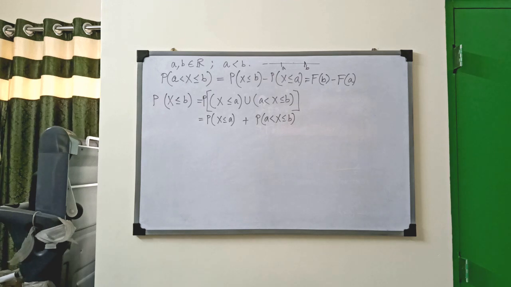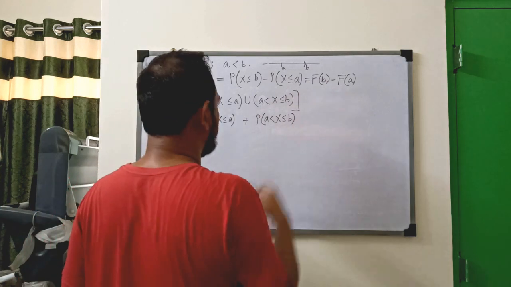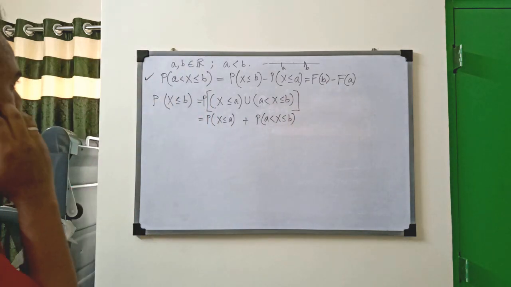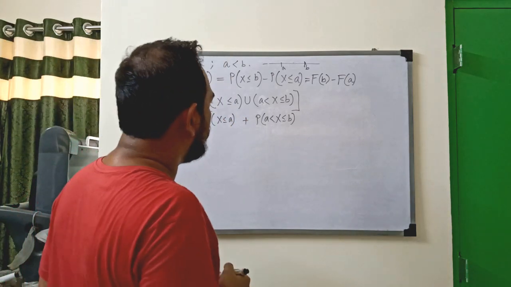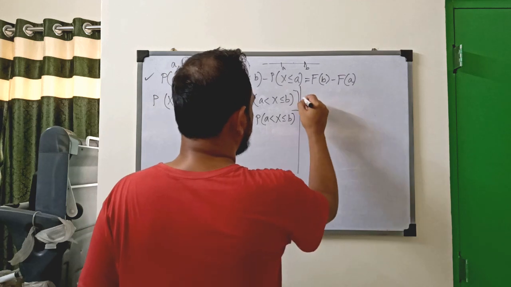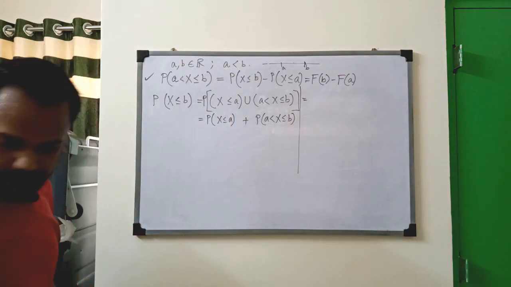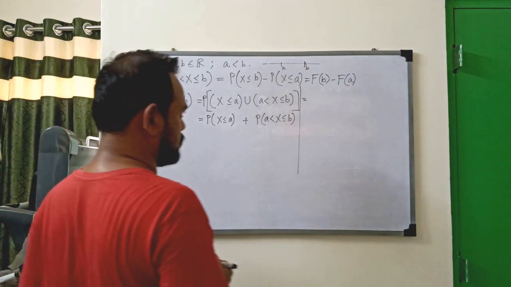Okay, so this is important. You can think of it as an important formula. Let's just tick mark that to tell you that it's a useful formula. But we can do a little bit more here. If you're dealing with a discrete random variable, so suppose X is discrete, okay,